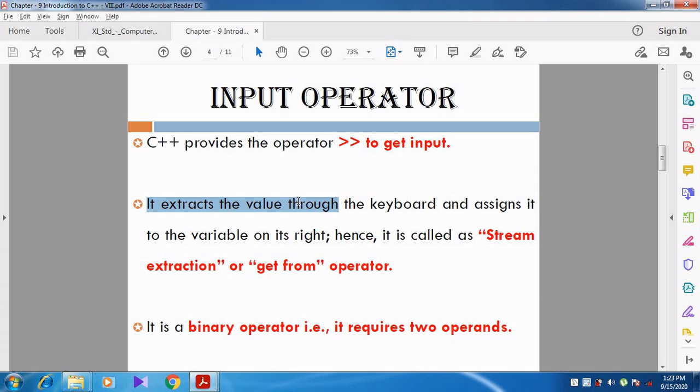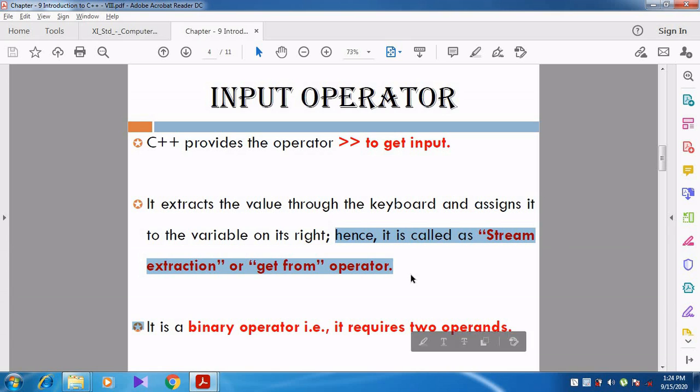It extracts the value through the keyboard and assigns it to the variable on its right. Hence it is called the stream extraction operator or get from operator.